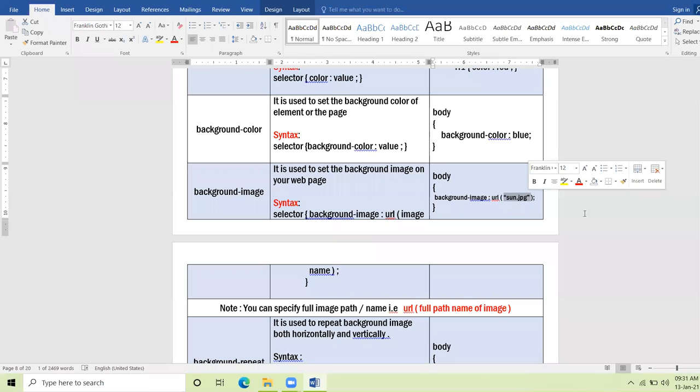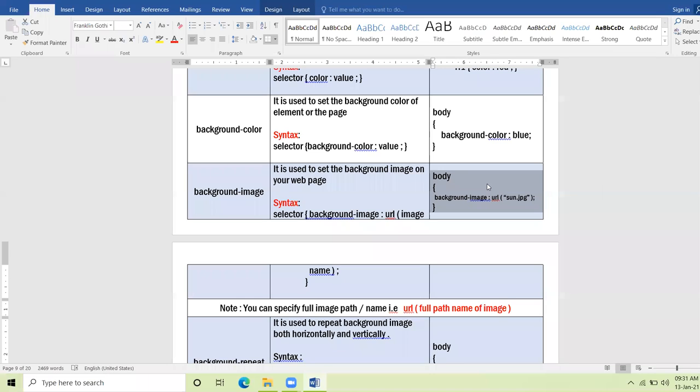If your image is in the same directory, you can write the name of image. Otherwise, you can write complete URL of the image, complete path of the image. Am I clear? This is how you can incorporate image in the background of the web page. And this was one question in December pre-board also.